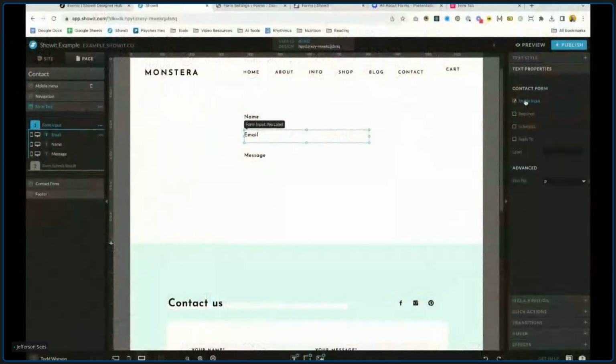So we're going to do that again. And we're going to call this email. And then for email, we want to hit reply to, because when you get the email in your inbox and you hit reply, it'll go straight back to this email. And then message will do the same thing,